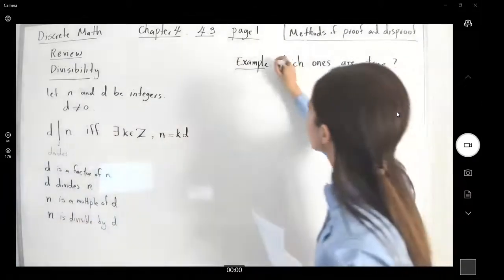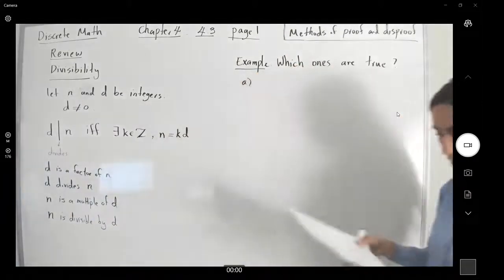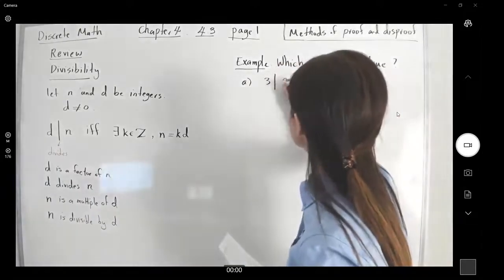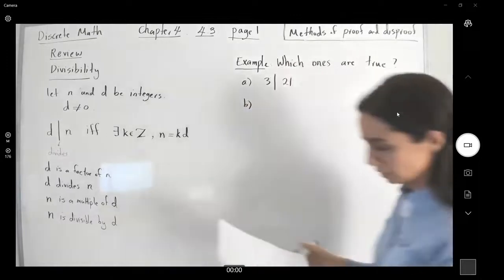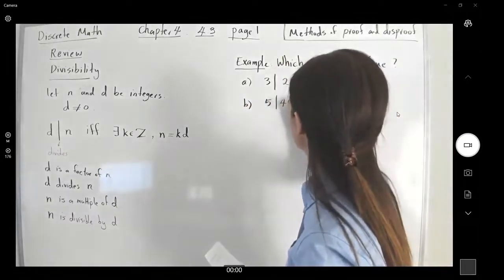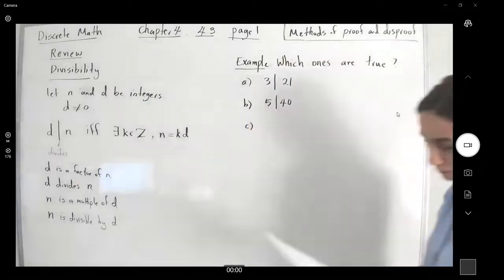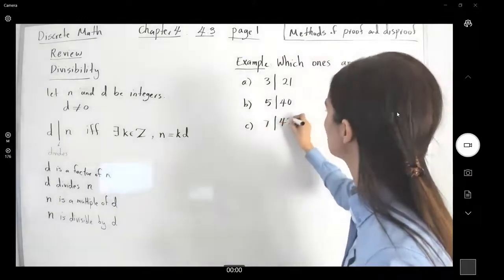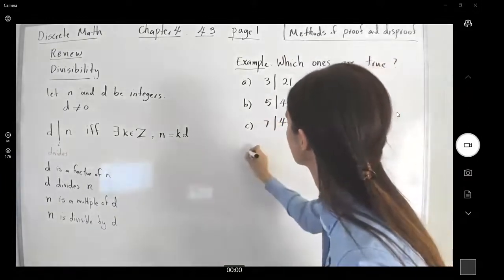A says 3 divides 21. B, 5 divides 40. C, 7 divides 42. D,